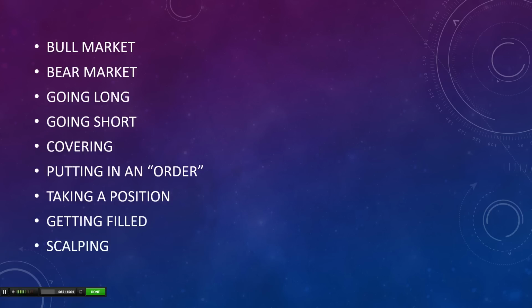So, going on to the next one. The next one is putting in an order. Now, an order is basically what happens when you put in a buy or a sell, okay? Because especially in the markets that we're trading in, the pink sheets or the OTC BBs or the Nasdaq, Amex, New York Stock Exchange,